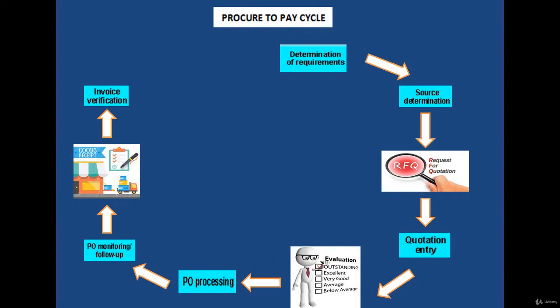So after the vendor sends the invoice, the invoice will be compared with the reference purchase order, and all the parameters will be considered in checking the invoice. So this step is known as invoice verification. It is also called LIV, logistic invoice verification, followed by